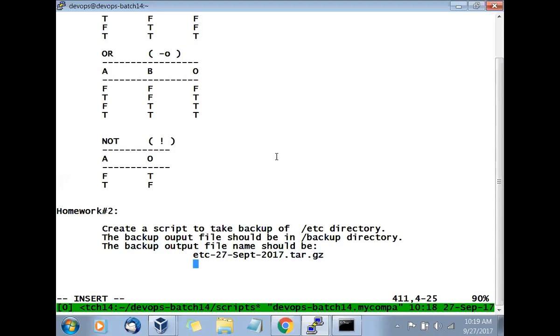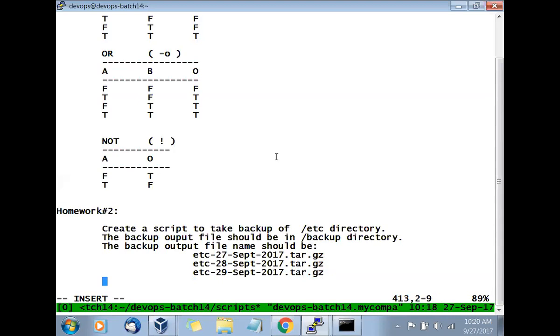If you take a backup tomorrow, it should automatically give the name with that date, like etc 29 September. So this is what you have to create using a shell script.